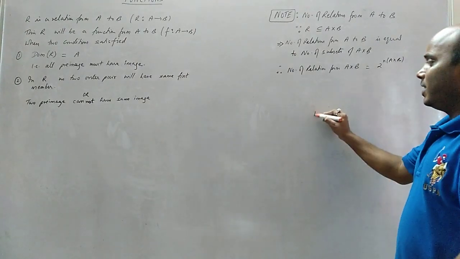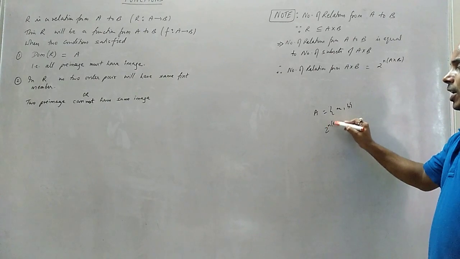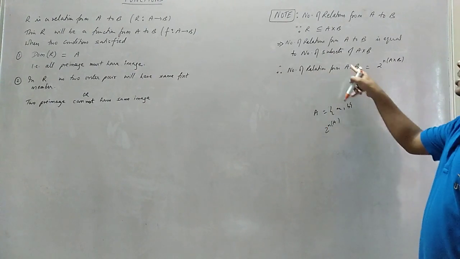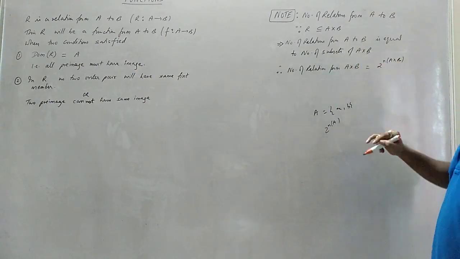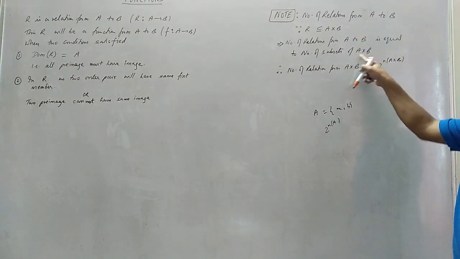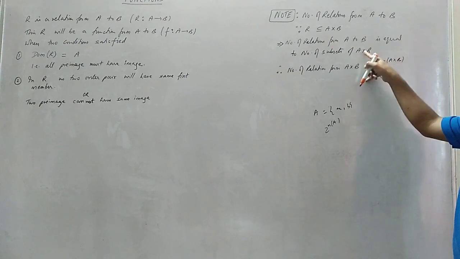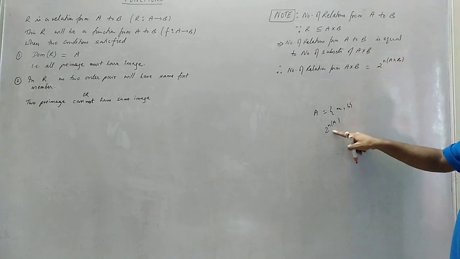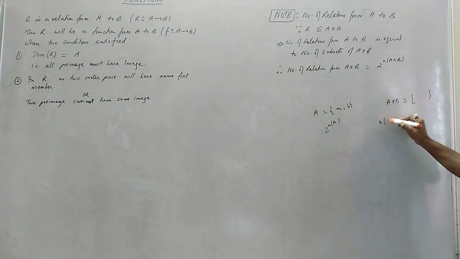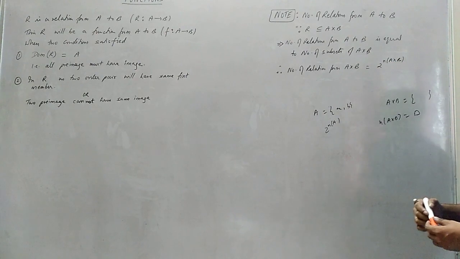So for any set A, if it has n elements, what is the number of subsets? 2 to the power n of A. Clear? Similarly, what is the number of relations from A to B? It is equal to the number of subsets of A cross B. For subsets of A cross B, we need to see how many elements are there in A cross B. So it is 2 to the power n of A cross B. The n of A cross B is the number of elements in A cross B. The number of subsets is 2 to the power the number of elements in that set. Here the set is A cross B. In A cross B, whatever the number of elements, 2 to the power that is the number of relations from A to B.